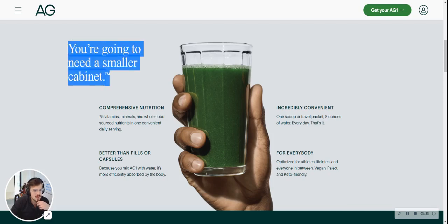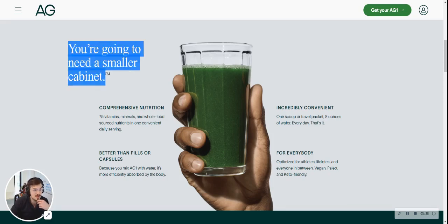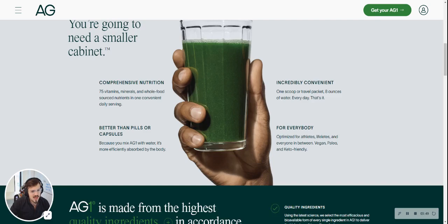So the big statement here is this trademark statement of "you're going to need a smaller cabinet." Interesting thing to trademark by Athletic Greens, but I guess so. Maybe probably part of a much bigger campaign. But I do like this